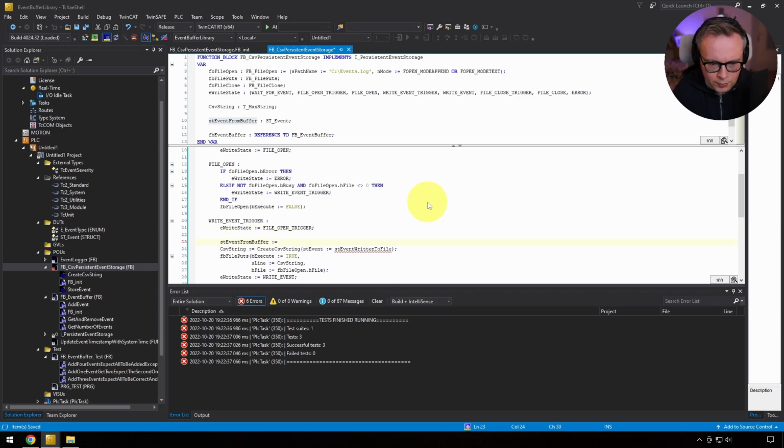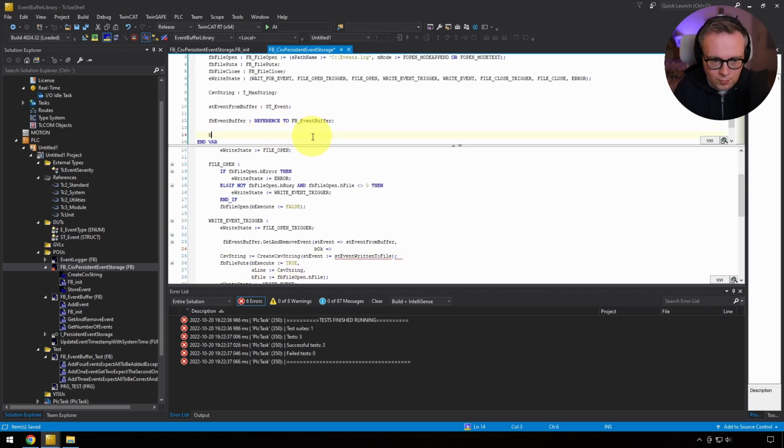SD event from buffer. This is our event buffer that we have written, that is tested. Get and remove event. SD event. Okay, so we actually have to put this guy here. We write it to SD event from buffer. And then obviously here, be okay. You should handle the error if we get an error. I'm not going to do that here now, but you get the point.